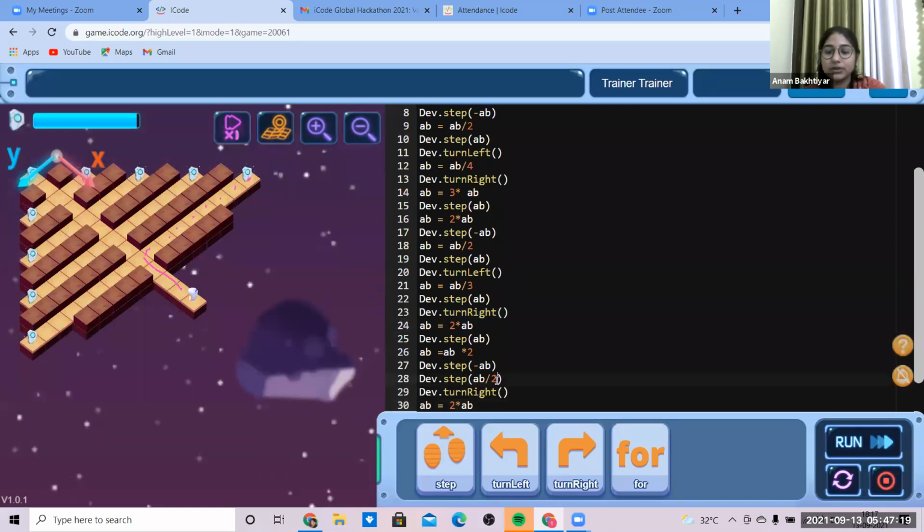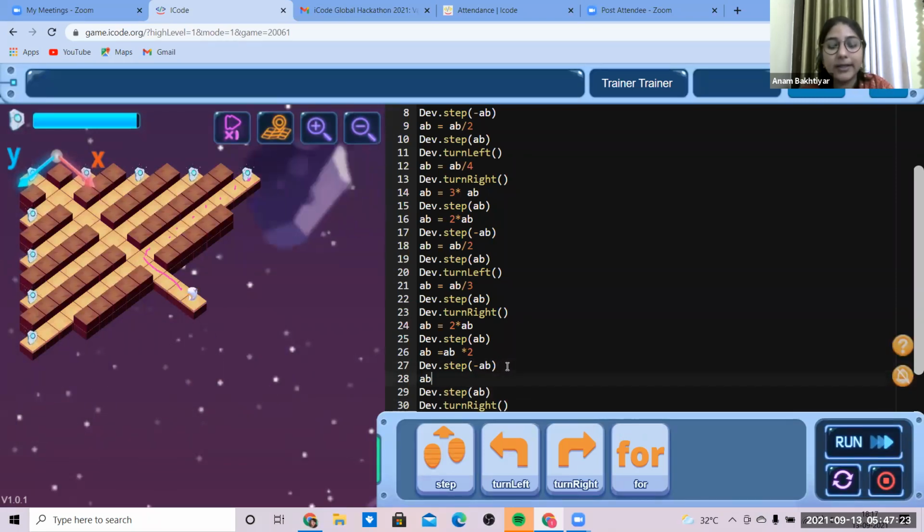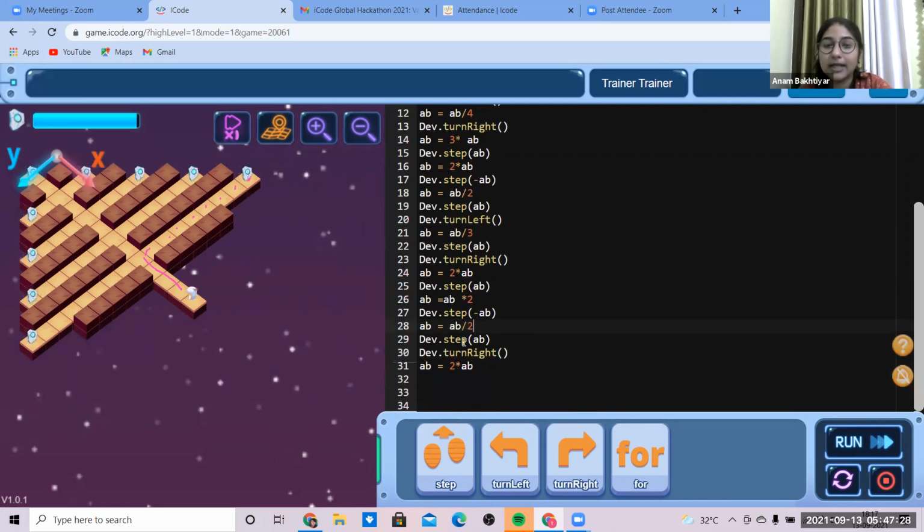I just don't want to confuse you with this, so you need to put it this way only: AB is equal to AB divided by 2. So that is how many steps? 2 steps. AB divided by 2 this way, then it will turn towards the right, then it has to move how many steps this way. So let's see where it will reach. I'm just covering towards this place.